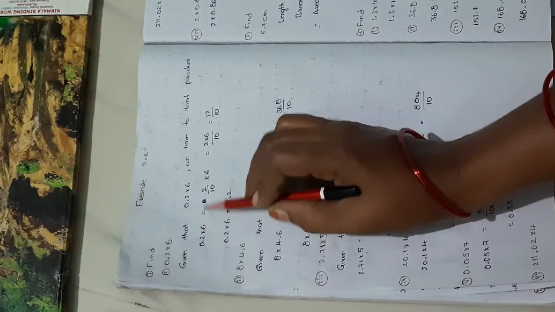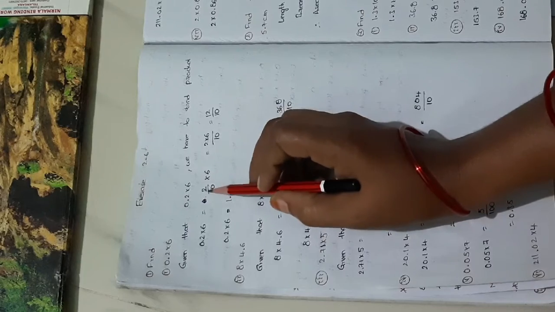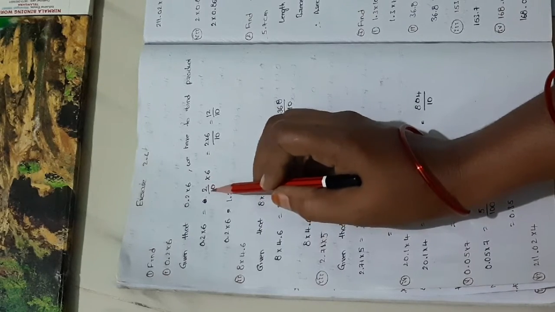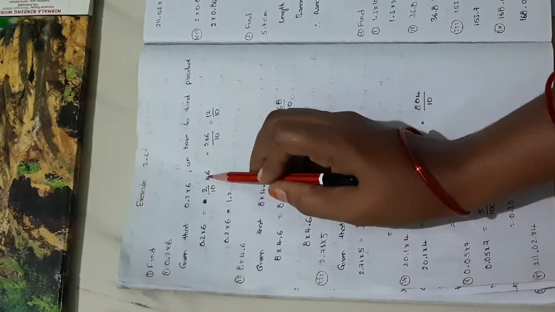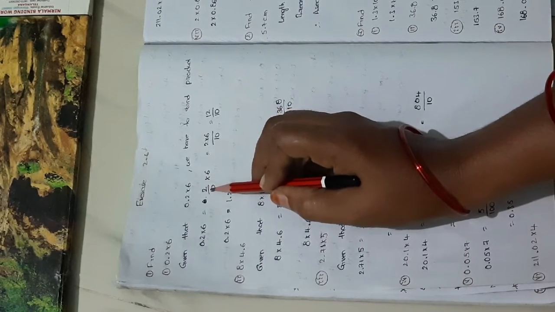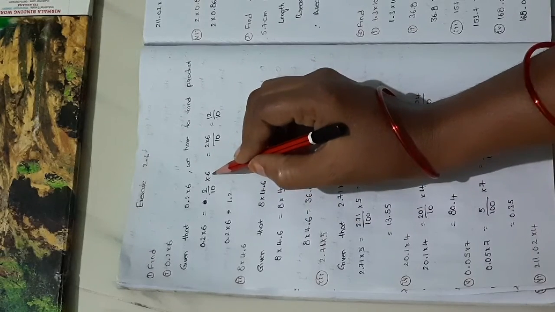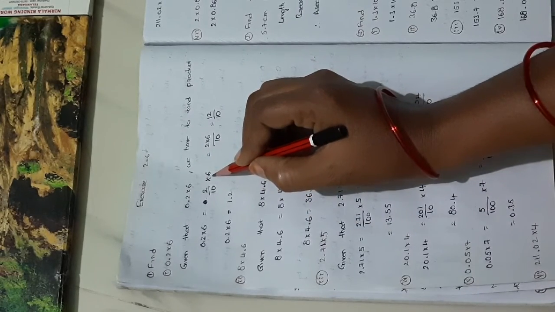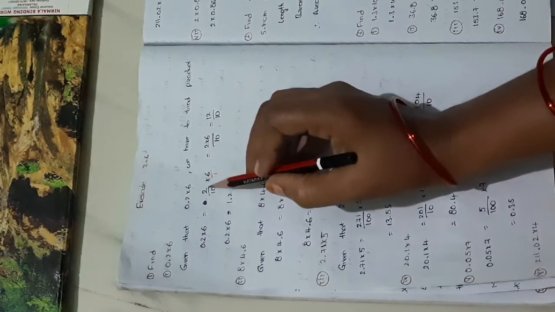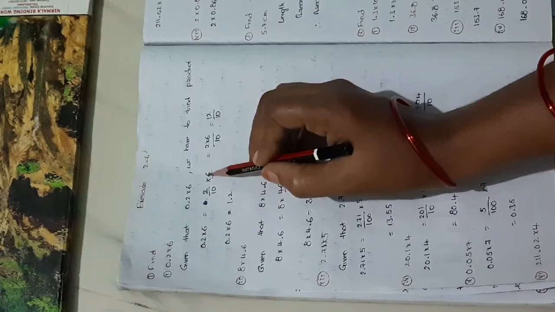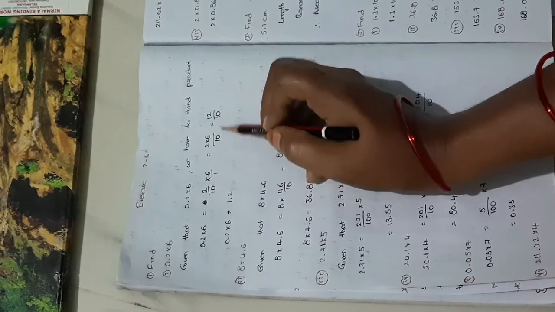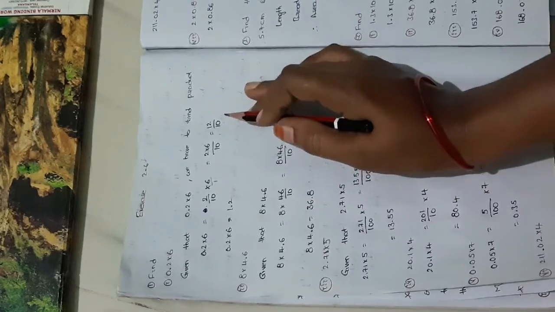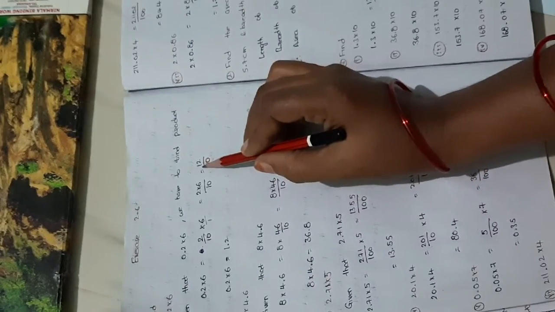Next I am going to write the remaining number as it is. Here what do we get? We are going to multiply these two. For that, we multiply the numerator by numerator and denominator by denominator. In this number 6, what do we have in the denominator? If there is nothing in the denominator, we write it as 1. So we multiply the numerators, 2 into 6 is equal to 12, and the denominator is 10 into 1 is equal to 10.